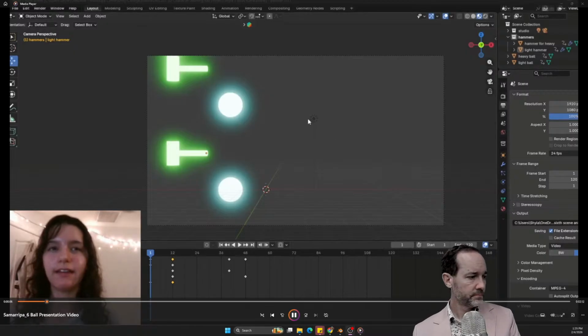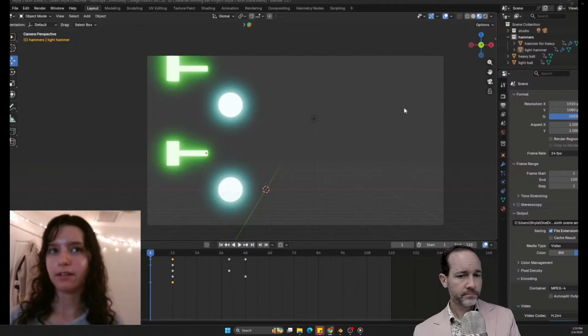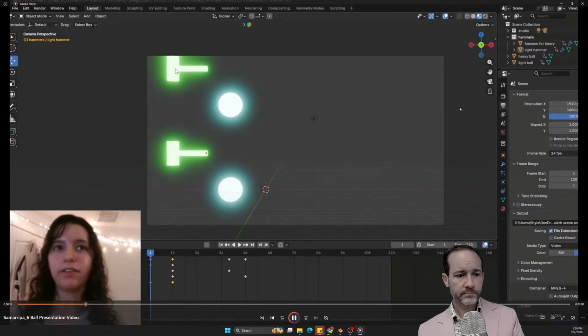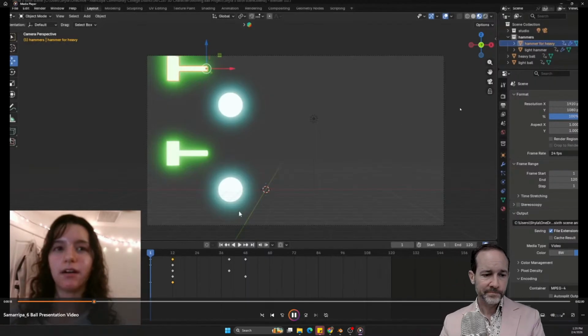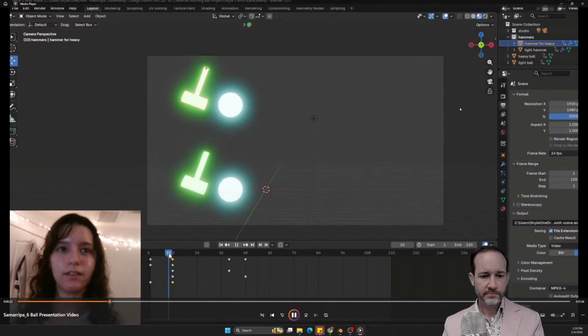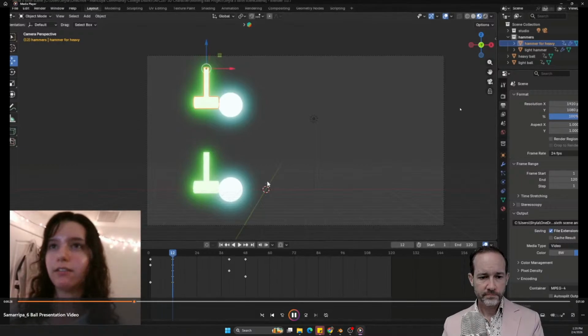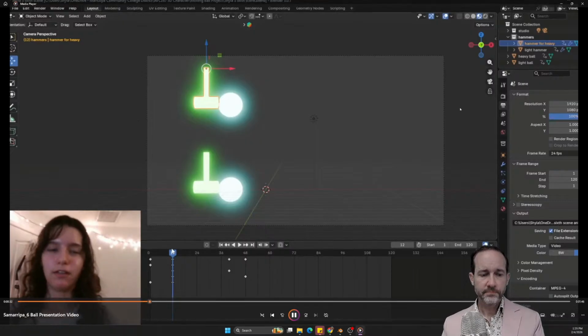One is light, one is heavy. When I made this, I just took the hammer from the other hammer animation that we did with the light and heavy hammer, and I used the same model, and then I keyframed it so it would hit a certain point to match where these balls are, and then I also keyframed those balls to be at this position at this point so they would make contact.